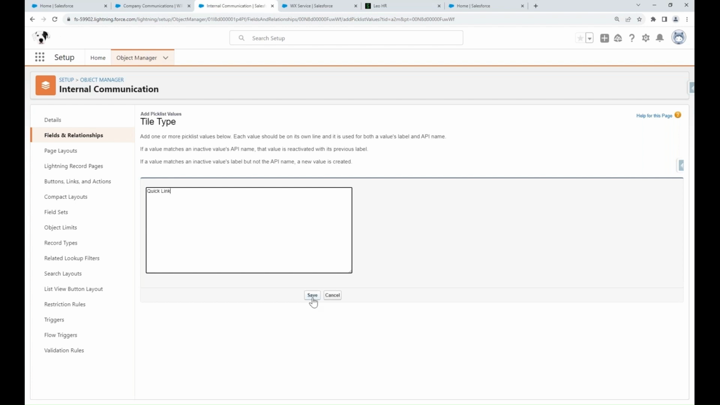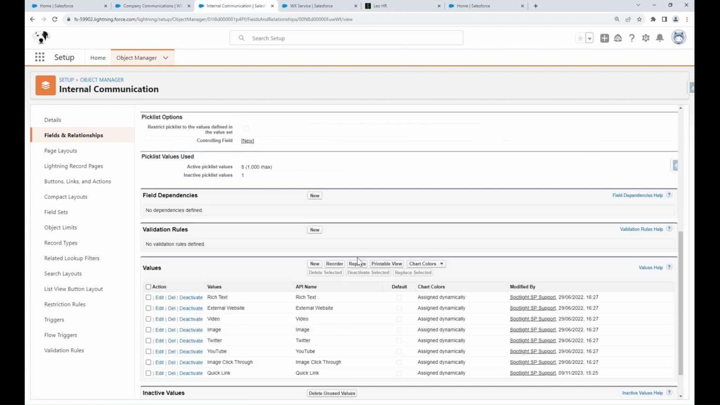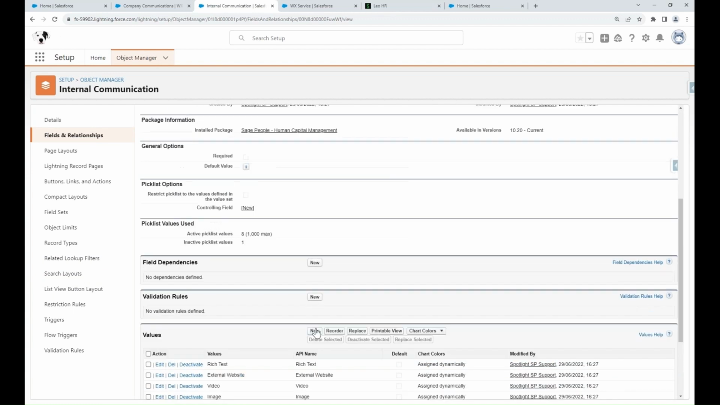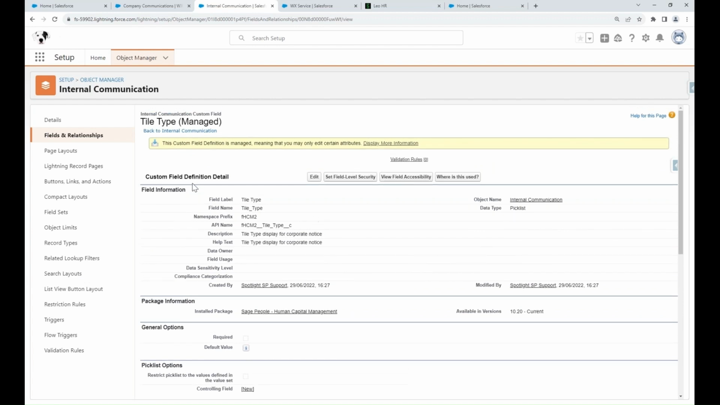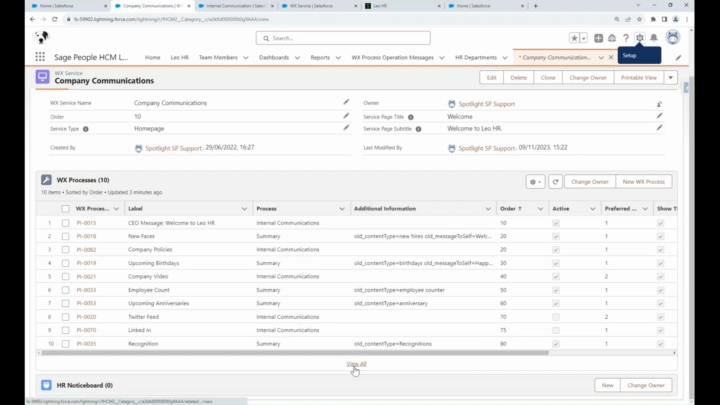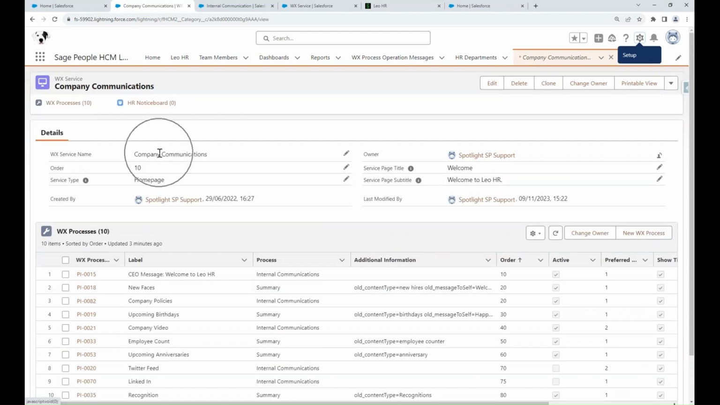So I'm going to then click save. And now I've got my quick link internal communication type. So now my next job is to create the internal communication. So what I'm actually going to do is create a new WX process and communication at the same time, just because it's a bit easier. So if I go to new WX process on my company communication service,